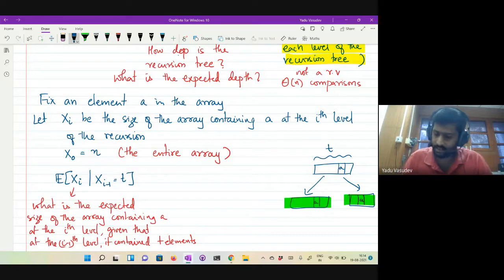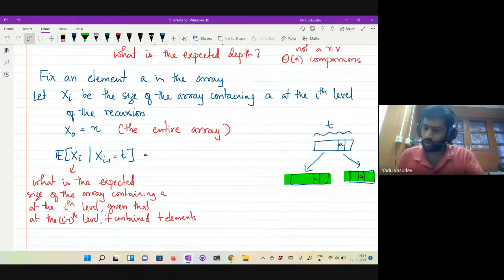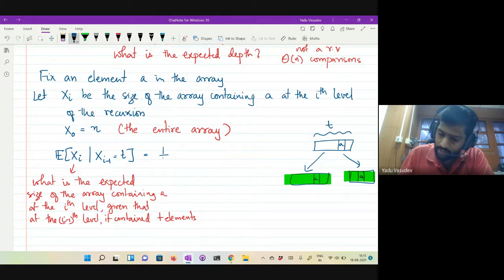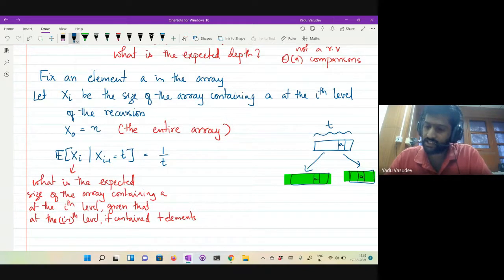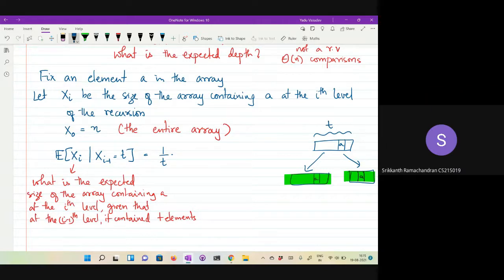Yeah. So let's just write that down. What you're saying is that with probability 1 over t, this is a t element array, so let A be in a particular position. Let A be some element. So with probability 1 over t, it will not have size 1, right? Why should it have size 1? It might be somewhere in the middle. It may turn out that the pivot is just one larger than A, in which case it will go down to size 1.